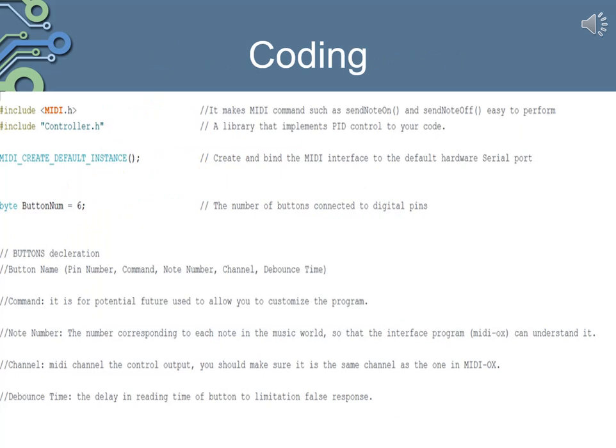Now let's start writing the code. Firstly, we call the libraries and we add a statement of MIDI create default instance to create and bind the MIDI interface to the default hardware serial port. In the part of button declaration, we define it as the following: button name, pin number, command, note number, channel,